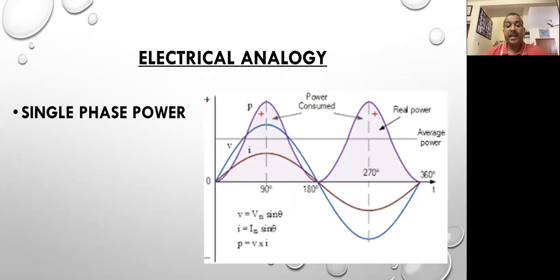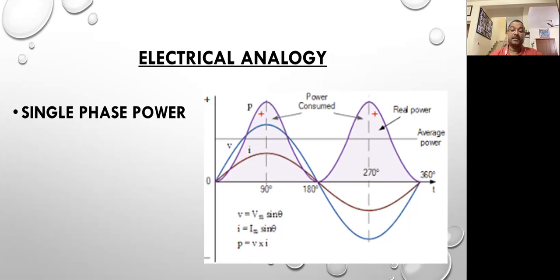When we apply this voltage to an electrical circuit, a current will flow through that circuit. That is the smaller sine wave given in that picture. The resulting power is voltage times current, V into I. So that is the P waveform, I think the color is violet. Look at it.